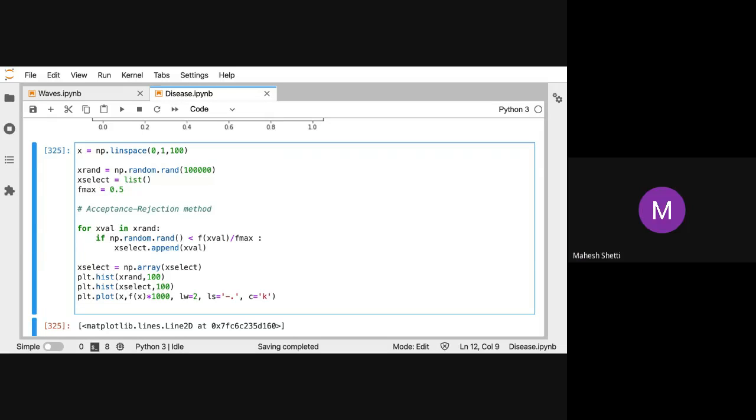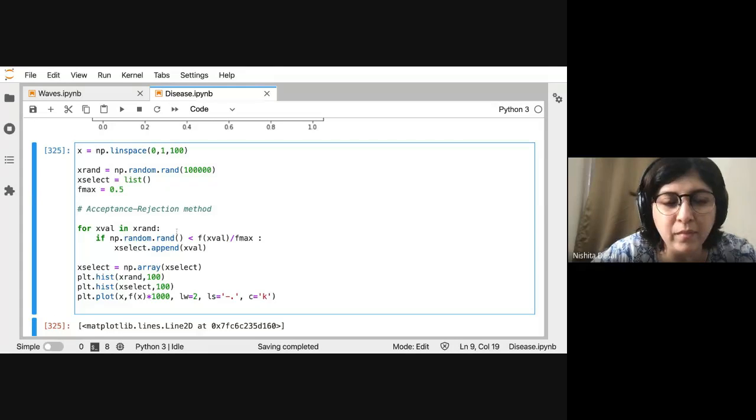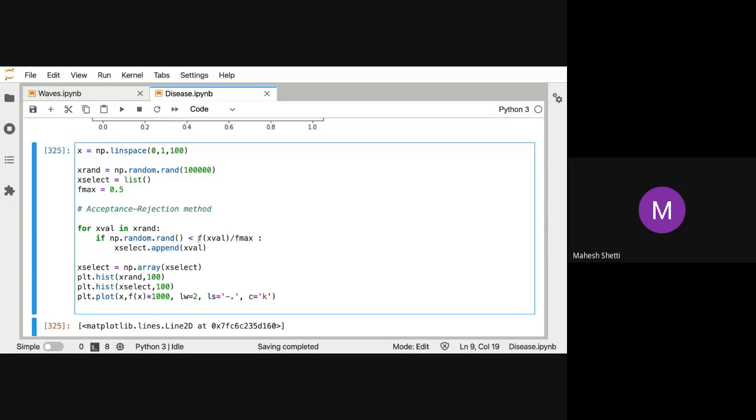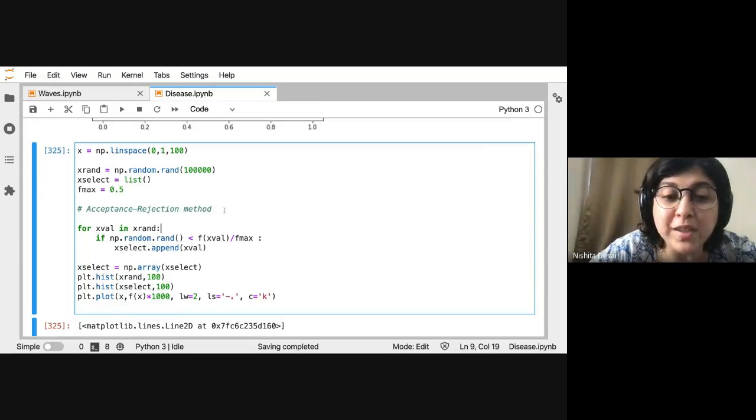Yes. Now you are again generating a random number with this next line, if np.random.rand. Okay, so this is a new random number generated, and if this new random number is less than the first value that you picked up from your first list, then you are going to put that in the xselect array, right? No, so it's not the first value, it's the function of the first value.